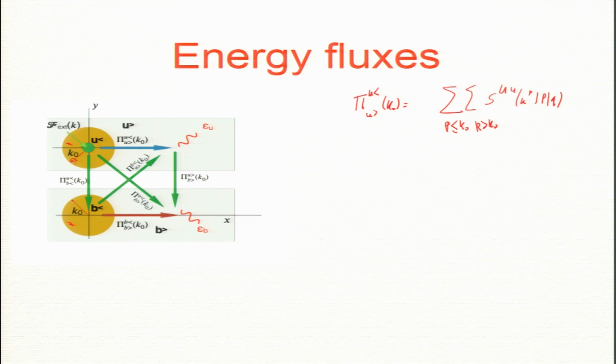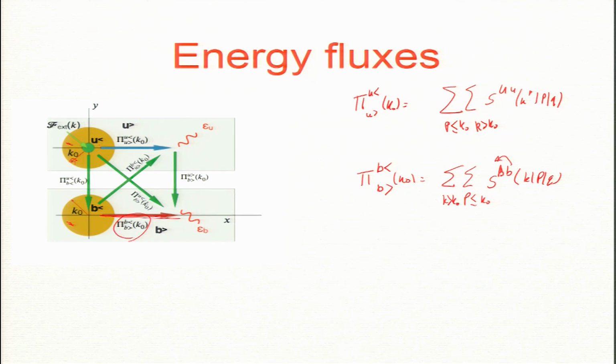But now we have 6 arrows, you can see there red and green, the 6 arrows. So, there is a B to B transfer as well. So, what is B to B transfer? So, we write pi B less to B greater of k naught. What is the definition? So, B less to B greater, which is SBB. So, B to B, no. So, this is giver and this is receiver. So, k p q, giver is within the sphere, receiver is outside the sphere, fine.